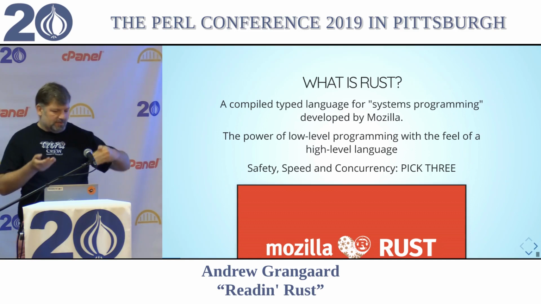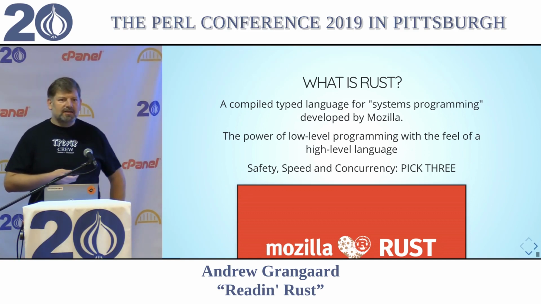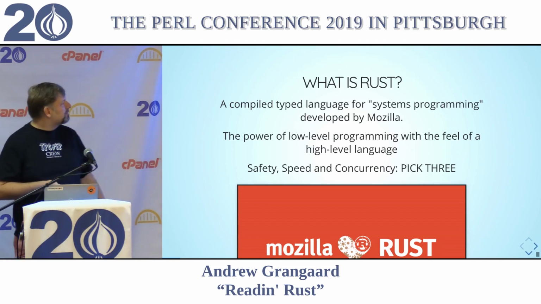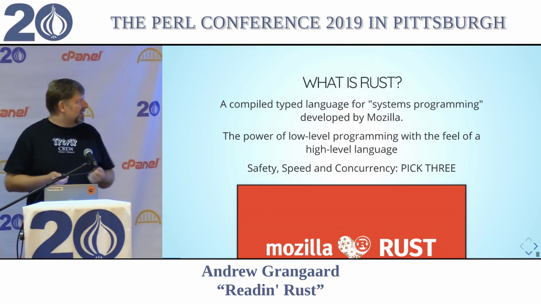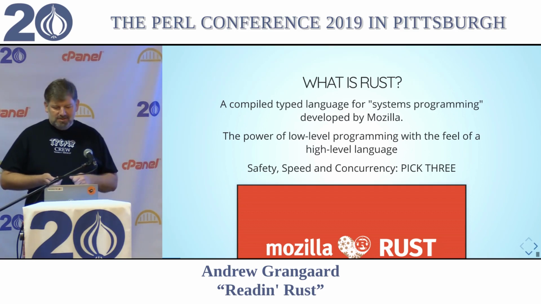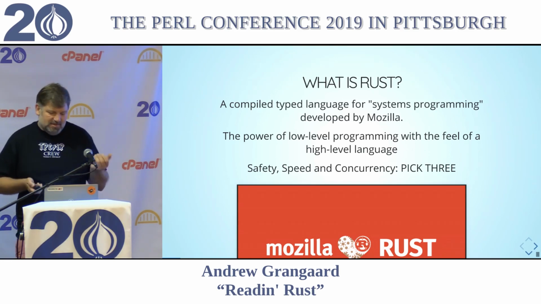But they have sort of co-evolved that project and the language, which has given them a big playground. It has changed a lot from the 8 years it was before 1.0. But you get the power of low-level programming with the feel of a high-level language a lot of the time. And one of the many mottos is safety, speed, and concurrency. You take all three. So they can't add things if it's going to violate one of those, which is pretty amazing.